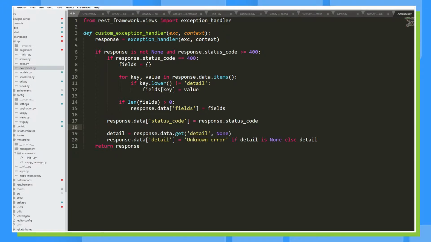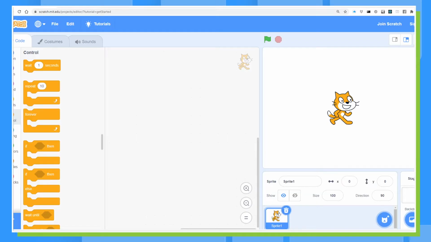Instead, we're using Scratch. So Scratch is very similar to what I just did as far as functionality, except that we can drag and drop blocks of code onto the screen instead of typing that out. We know that